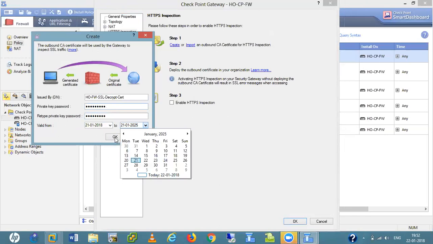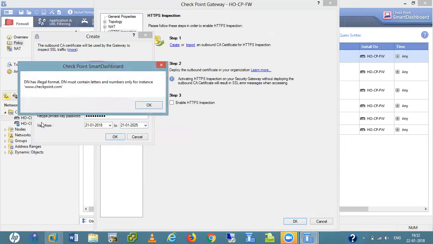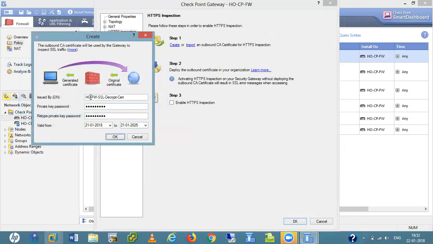So now click OK. DN has illegal format. DN must contain letters and numbers, for instance. See, this is the format. We have to give the name like that only, like www.okay.com.